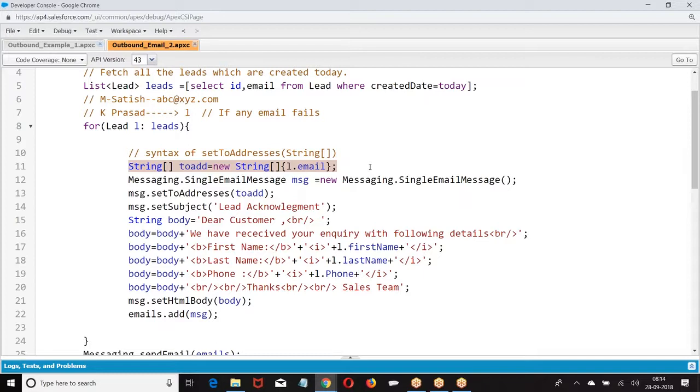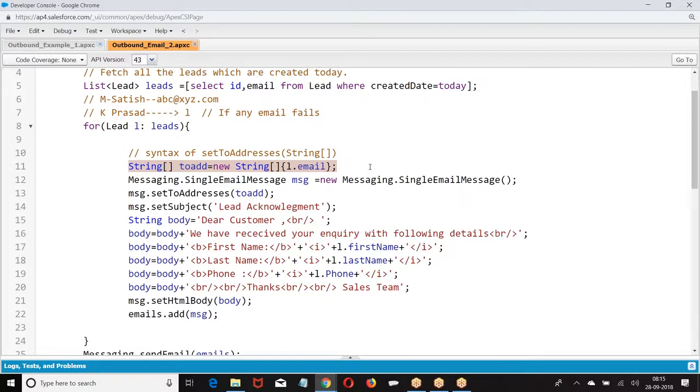According to your requirement, you are sending to only one. According to my requirement, I want to send to 50. That's why globally they have taken an array of string. As they are expecting an array of string, I created an array, kept my mail address in the array, and I am taking it. I hope you are good. Right? Still any query on this? Any query from your end?